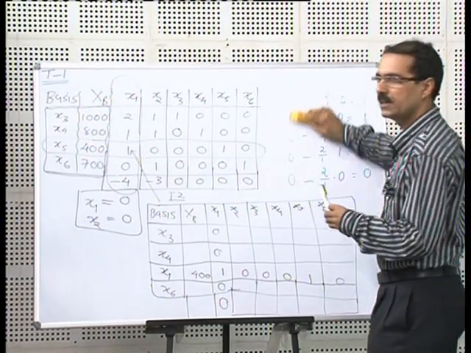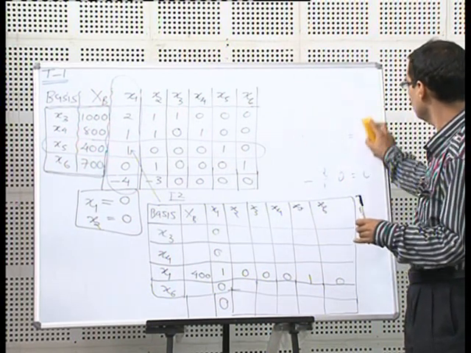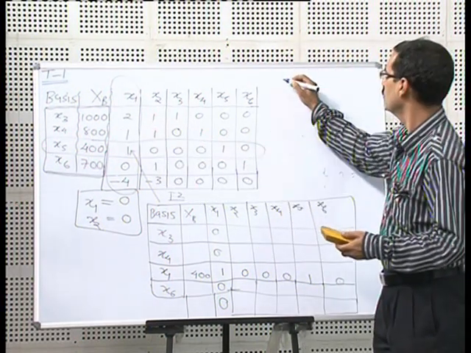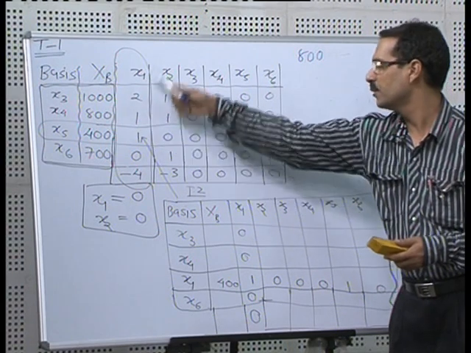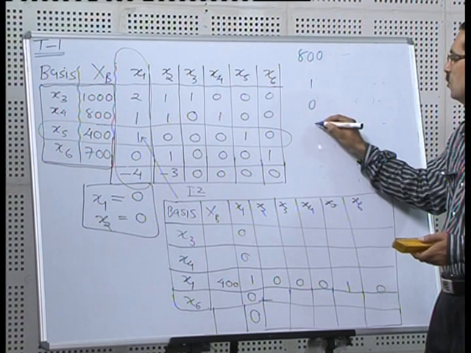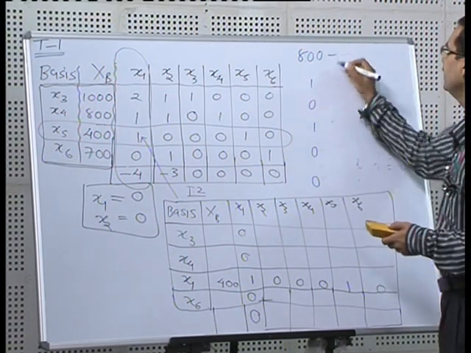We go to the next row. We have taken care of the first row. We go to the second row now. We can see that the second row's original entries are these: 800. We are not worried about 1 because it is a special element. Then 1, 0, 1, 0, 0. So, 1, 0, 1, 0 and 0. Again we will go for minus everywhere.